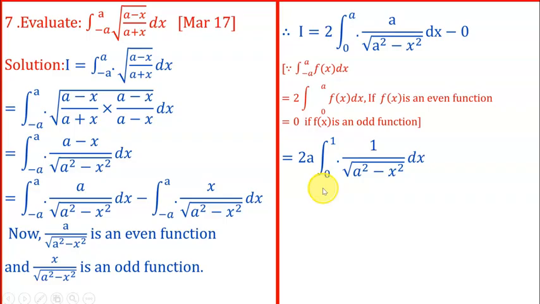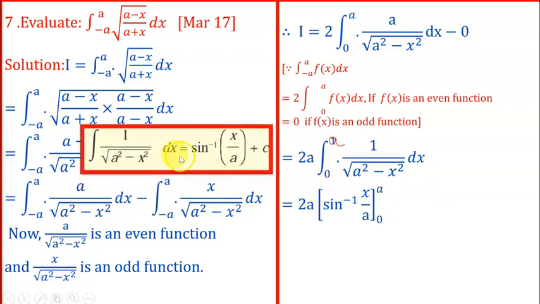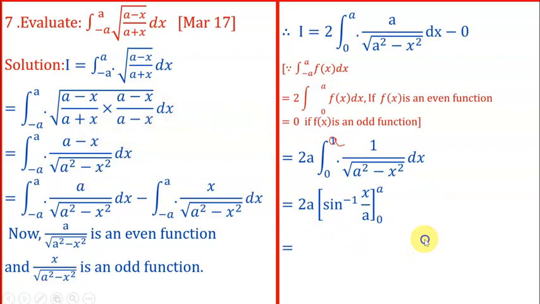Therefore 2 times the integral from 0 to a. Okay, I will write here the integral from 0 to a of 1 upon root of a square minus x square dx. Now the integral of this is the sine inverse of x upon a, and the lower limit is 0, upper limit is a. Now with the help of this formula, substituting, you will get here 2 times sine inverse